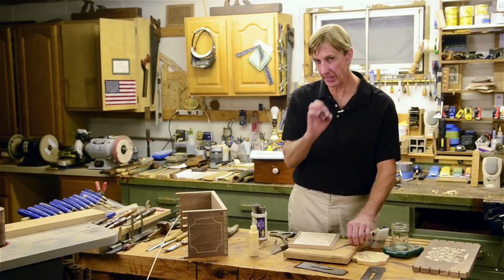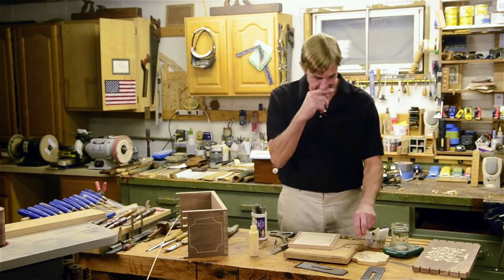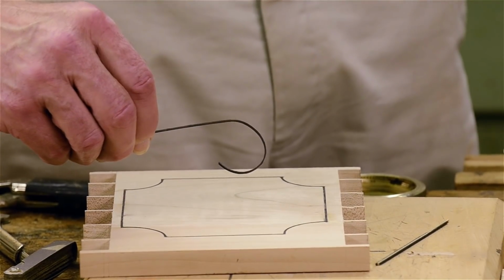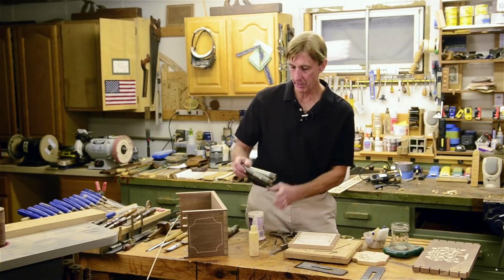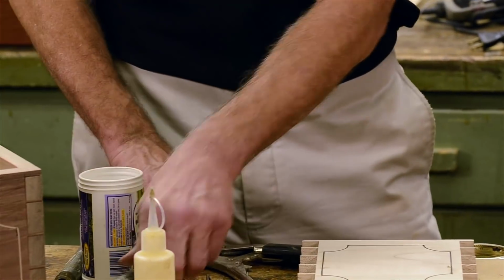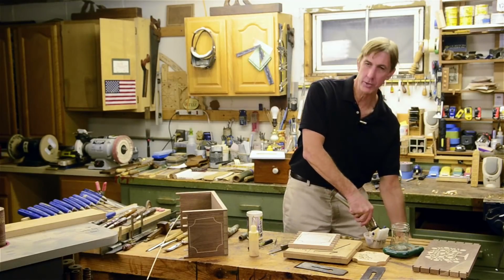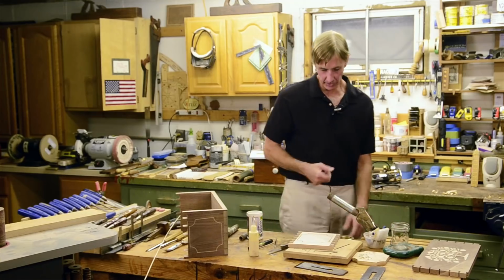If I want a really tight curve for something else, not this, but something really tight, where you may be wanting to get a tighter radius, I will use a piece of pipe. I've got different sizes of pipe, and I'll just take a pair of pliers, and I think it was Glenn Huey who I saw do this. I thought it was a great idea. Put it in my vise, heat it up with a torch,